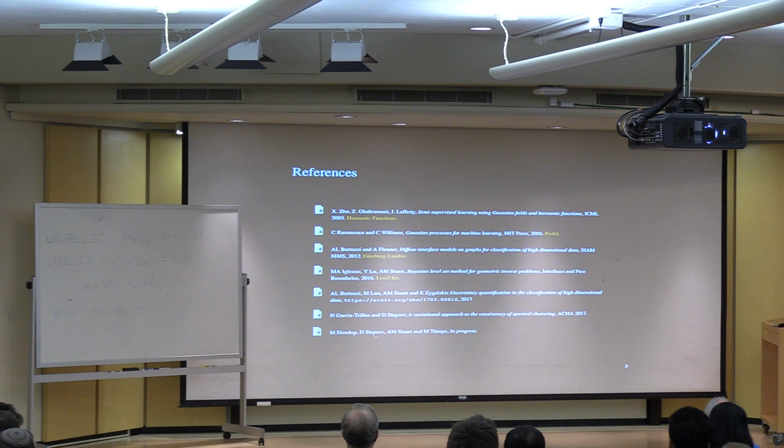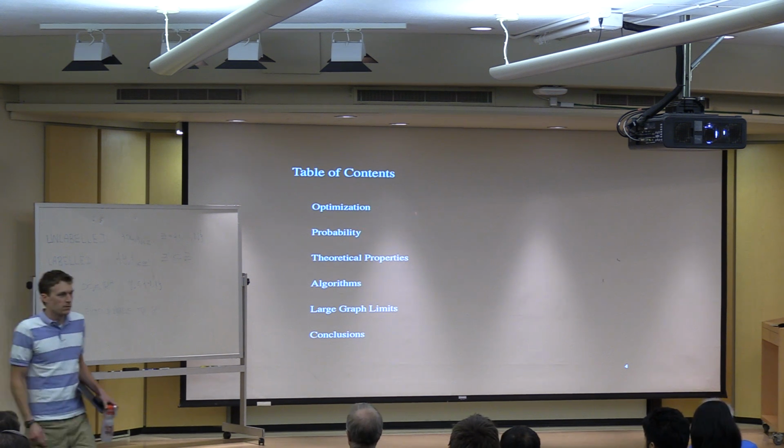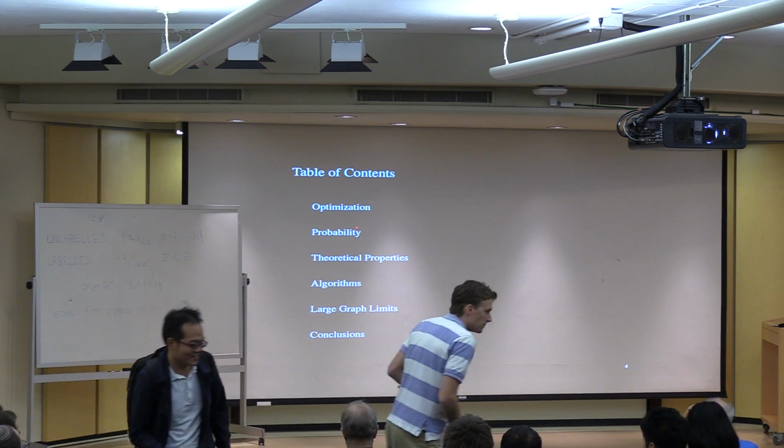The first part of the talk has already appeared on the archive. In the second part of the talk, I'll make a link with partial differential equations by taking a large data limit. It is based on a really nice paper of Deanne Slepcher and Nicola Garcia-Trios, which you can also find in the archive and recently appeared in ACHA. And then the work building on that is in progress and not yet complete. Depending on your perspective, I'm going to give you different ways of looking at the graph-based learning problem. One through optimization, one through probability. You may prefer one or the other, but I hope you will be open-minded to take in both of these perspectives and the connection between them.